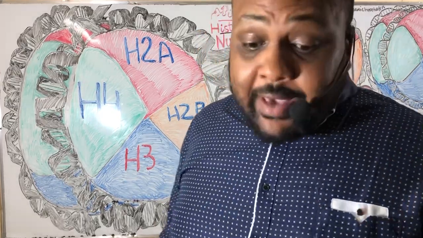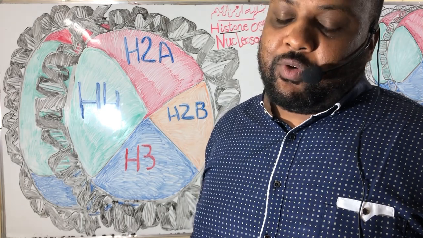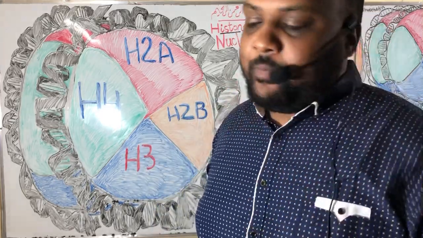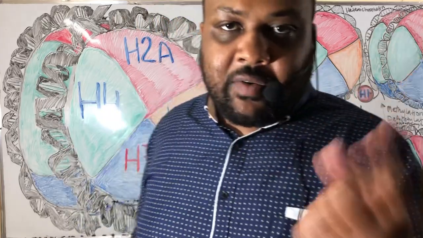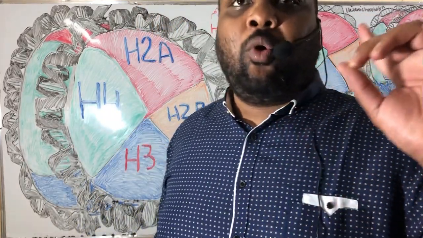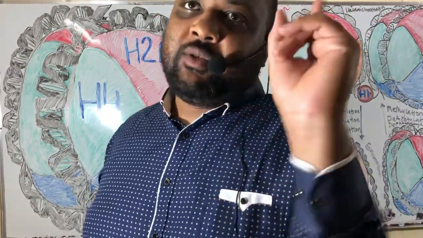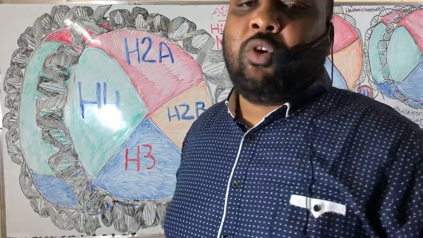You could be asked to name the subunits of the nucleosome. You should say H2A, H2B, H3 and H4. How many turns are taken by the DNA around the nucleosome? 1.8. A whole turn and almost another whole turn minus 0.2. That is 1 and 80%. That is 100% and 80%, and then it will move on to become a linker DNA and then go on to be turned around another nucleosome,